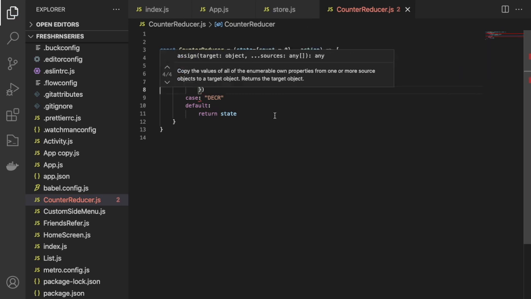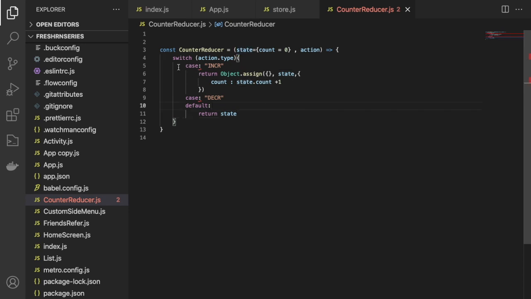So if this is the case, it will basically increase the counter value by 1, and it will return the count. Is there anything that is wrong? This is the action.type, the counter. We have to export default counterReducer.